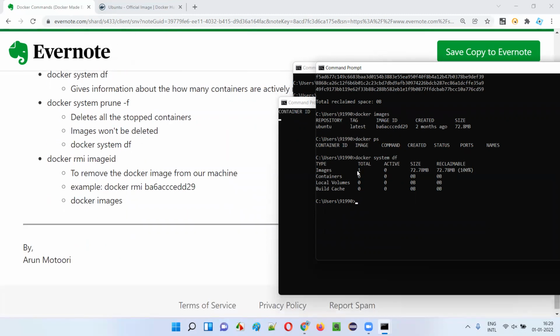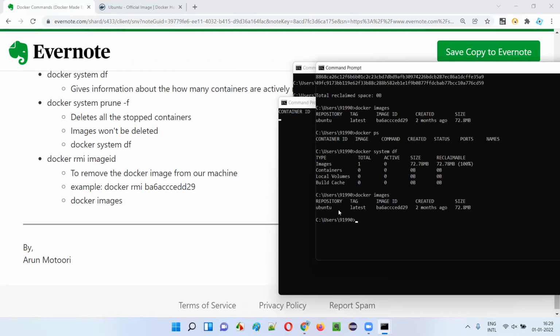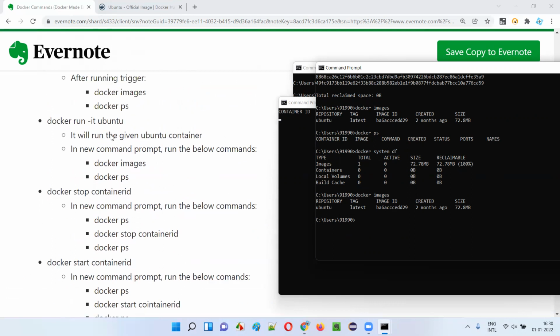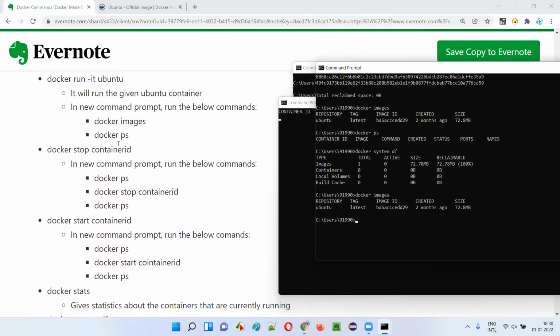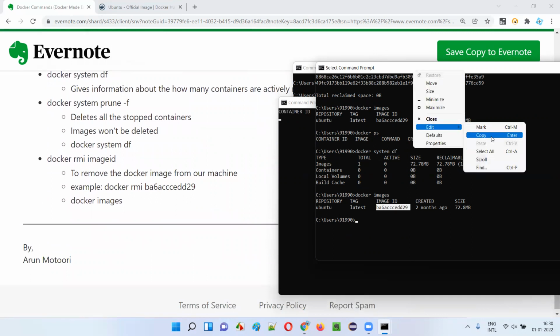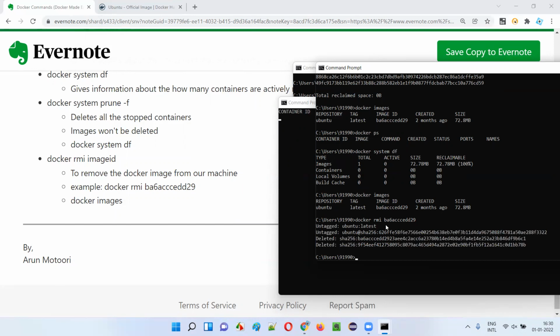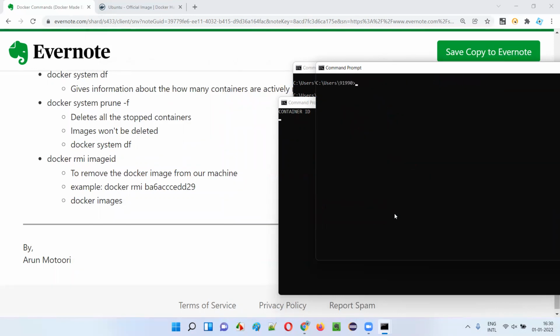Now, if you want to delete this image also, you see when I say docker images, the image is still there, guys. If you want to remove this Docker image, you already know this command, right? docker rmi. I already demonstrated it earlier, somewhere here, but I'm explaining again. Copy the image ID of the Docker image, and here say docker rmi and the image ID. Just press enter. You see that the Docker image got deleted. Now cls, now type docker images, and you will not get any images. If you say docker ps, you will not get any Docker containers running.